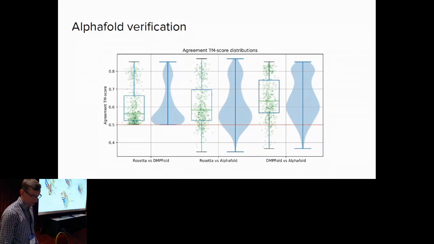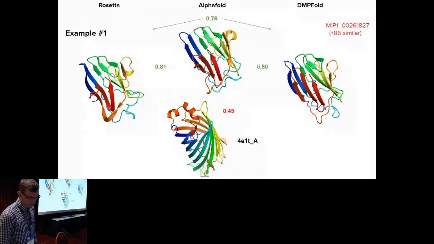So let me show you some examples. Here we have Rosetta, AlphaFold and DMPFold predictions on the top and the closest PDB homolog at the bottom. So the TM score between all predictions is pretty high, around 0.8, and also the predicted structure is different from the closest PDB homolog, because those are parallel beta strands,